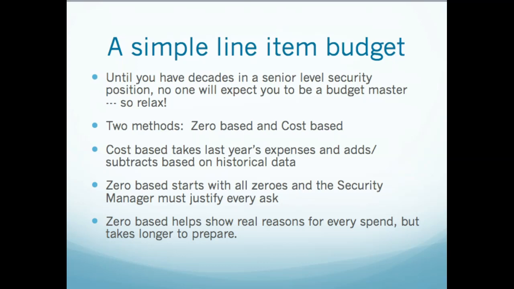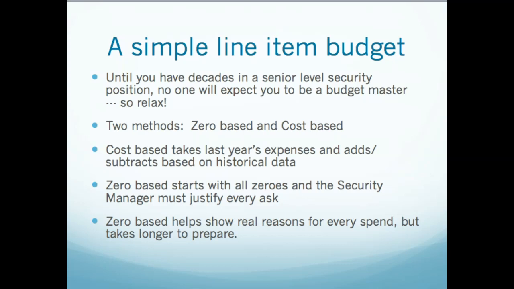Until you have lots of time in this field, no one's going to expect you to know budgeting and to do budgeting. But I will tell you that it is one of the most anxiety-producing things when you get into your first big job, right? And you get there and they say, okay, I need you to work on the budget. Can't tell you how many people just melt down in tears because they have no exposure. So this is all about exposure, this first part of this lesson. So again, relax, take a breather. No one's going to expect you to know all this stuff when you get to your first workplace.